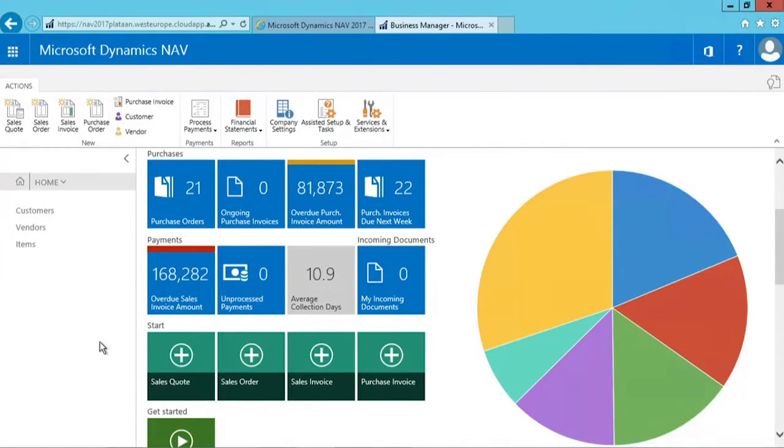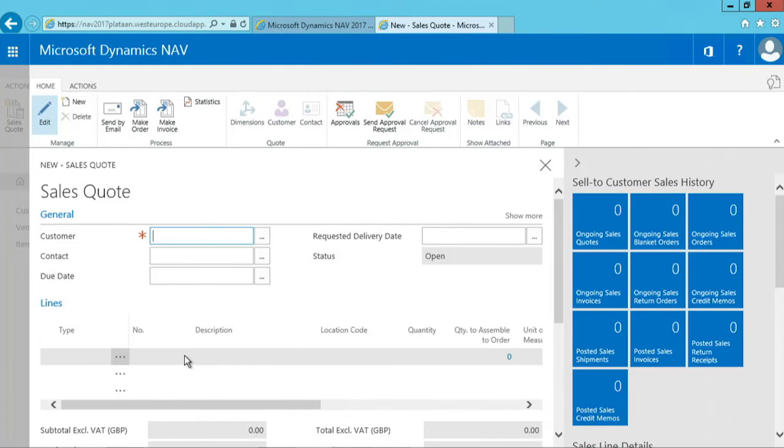Then there are a number of queues that I can very easily use to enter a new sales quote, a sales order, and a sales invoice. So suppose that for one of my customers I need to create a sales quote. So the quickest way to do this is by just clicking here on this queue. And as you can see now, the system will create a new sales document